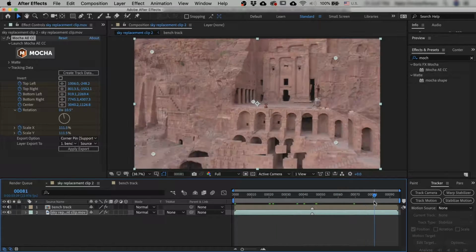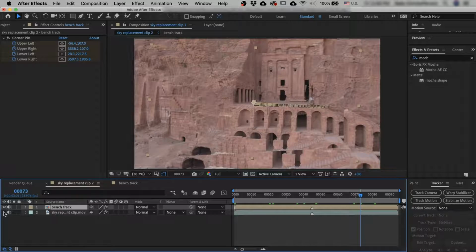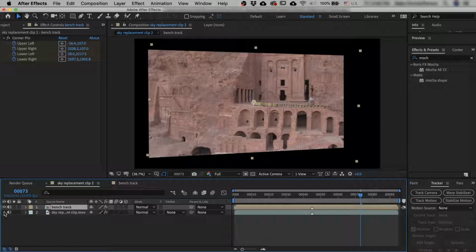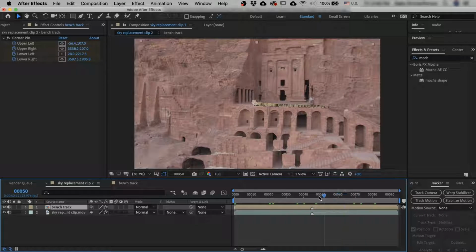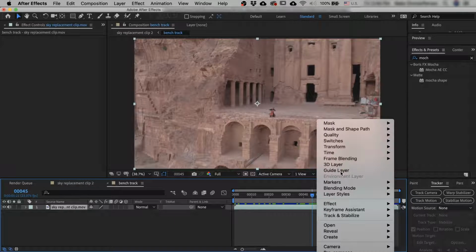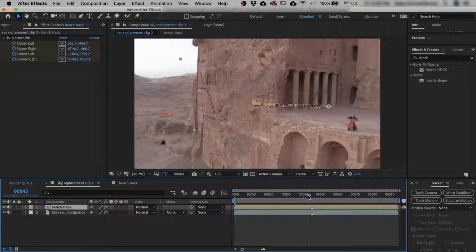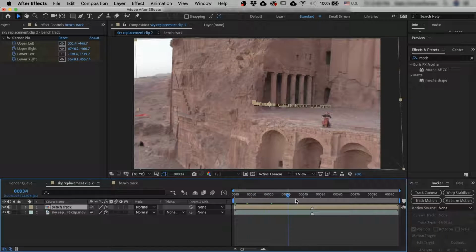Now we have the same problem that we had before. Because we have this video playing on top of the other video, you can kind of see that we've got a little frame on top of a big frame. That's still not what we want. And let's go into our bench track. Remember, frame number 45. We're going to right-click, time, freeze frame. So now it's just like a still photo. And if we go back to our main comp,